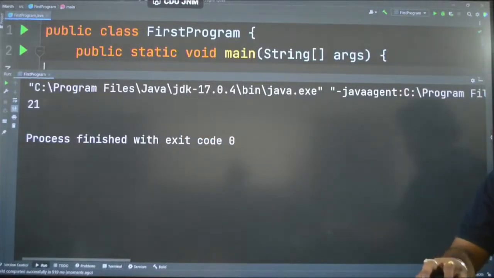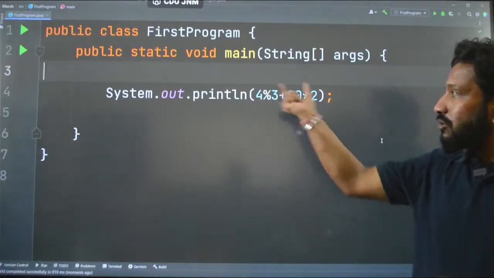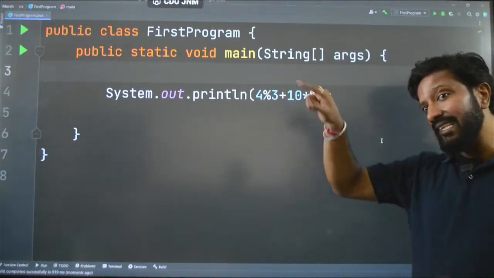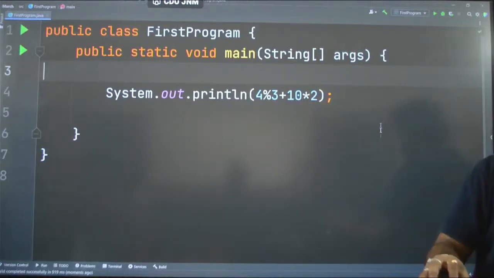So ultimately what happens? It divides this expression into two parts. This is 1 and this is 20. So 20 plus 1 is 21. Now the catch here is, I said I will be asking you one question, right? The question is something like this. What if I have